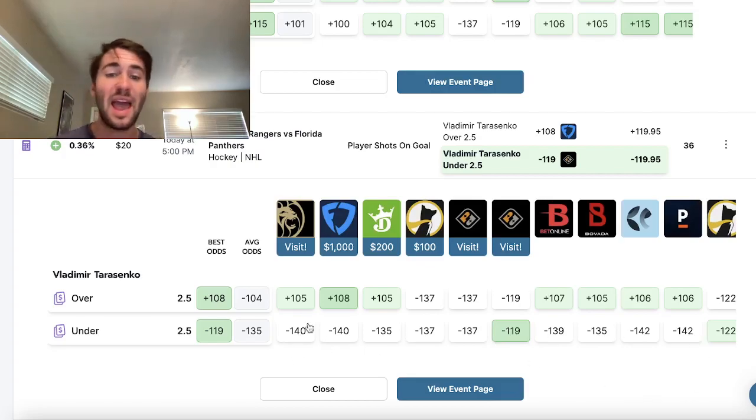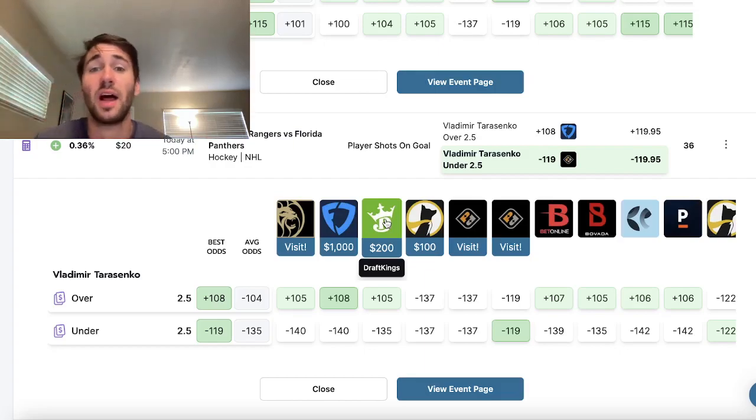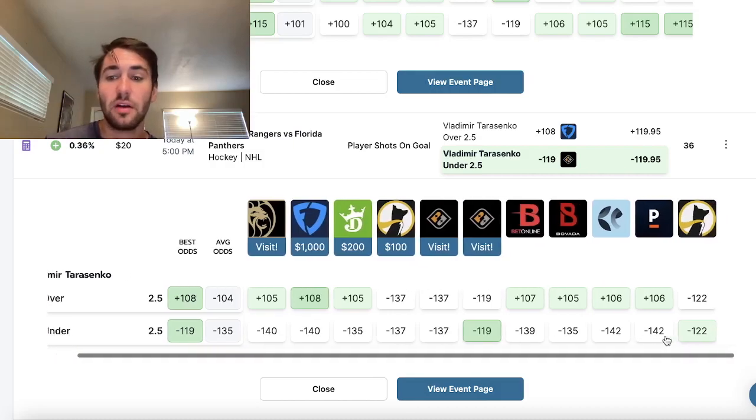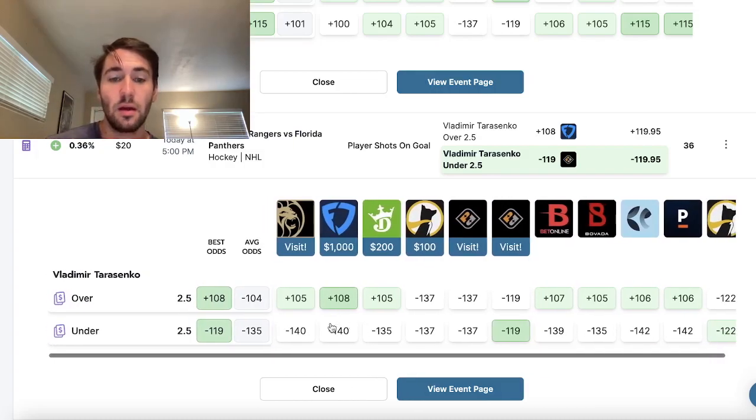Every sportsbook, 1, 2, 3, right? These sportsbooks are billion-dollar companies. They've invested hundreds of millions of dollars into their models. Any public information you know, they know before you know. Their models are better than yours. They've hired full-time employees to build their models and to adjust lines due to supply and demand. No offense, you're not smarter than them, and your gut is definitely not smarter than them. So here, all the books have the under heavily favored, right?